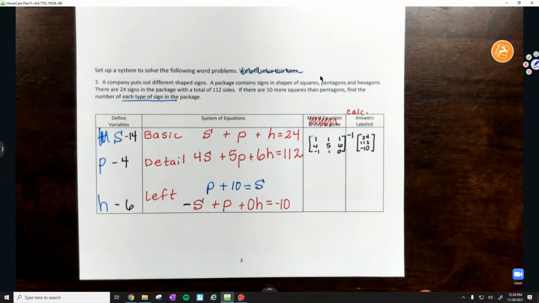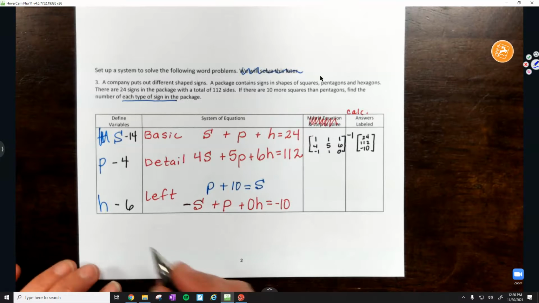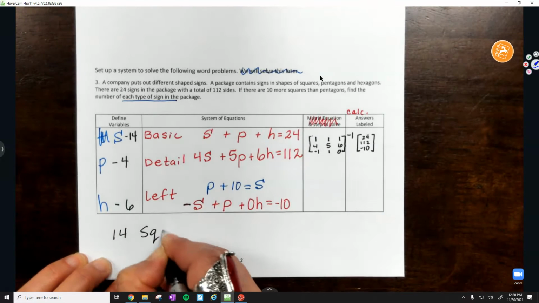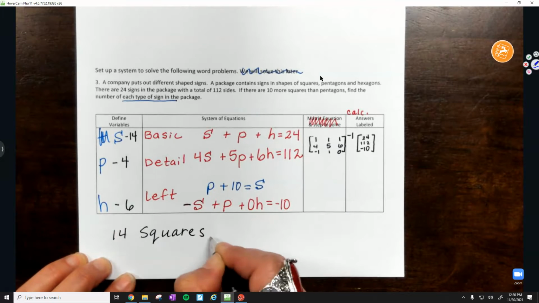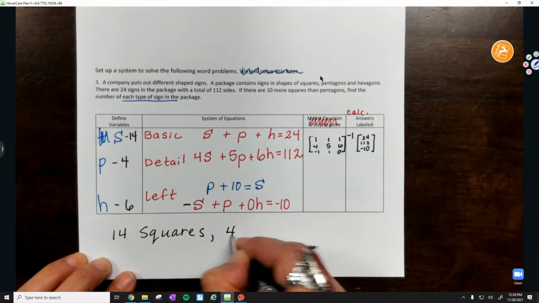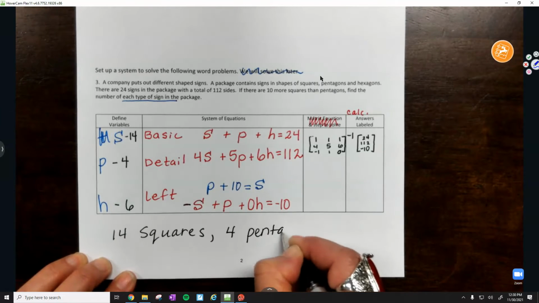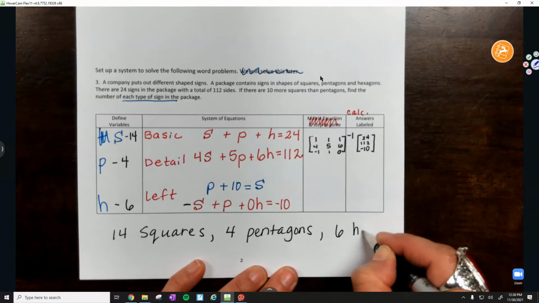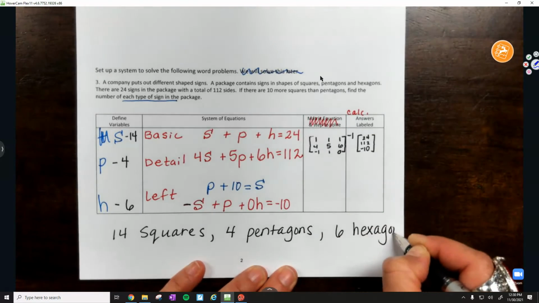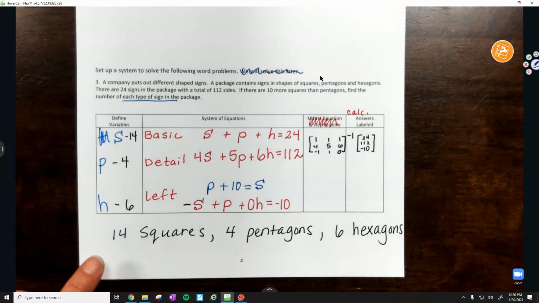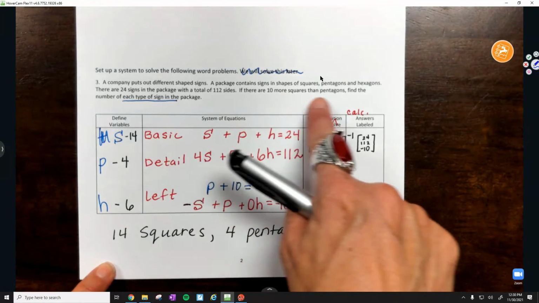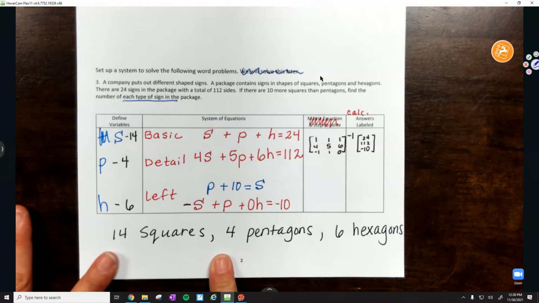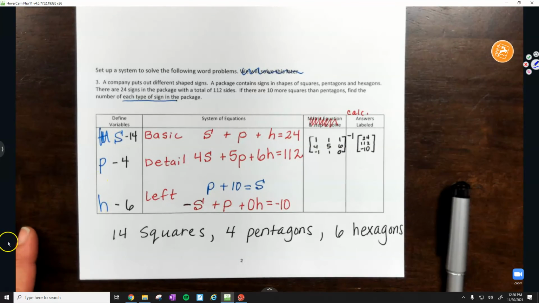Remember, if it's a word problem, you have to write it in words. So let's write, there's 14 squares at the bottom. 14 squares, 4 pentagons, and 6 hexagons. Wait, let's kind of check and make sure we're good here. Remember, you were supposed to have 10 more squares than pentagons, do you? Yeah, you do. So we're on the right track on that. Very confident that's the correct